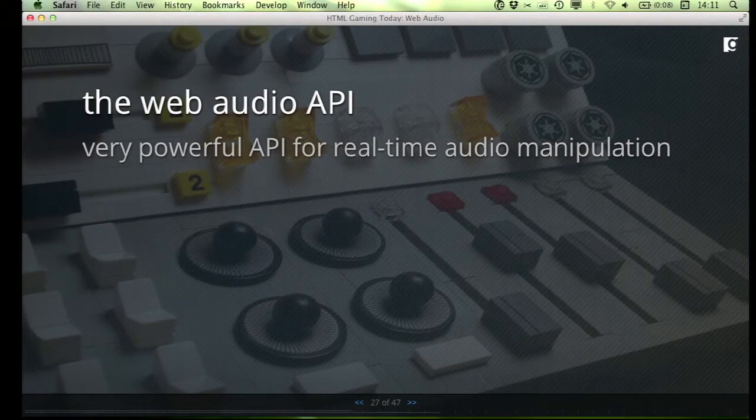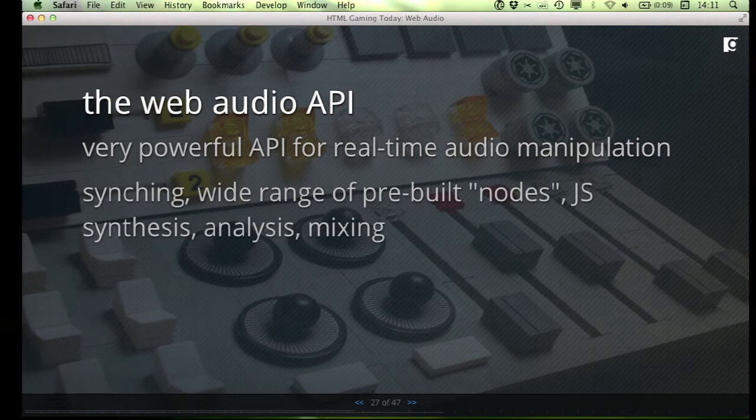But we do have a better option kind of in the wings. There's the WebAudio API. This is a very powerful API for manipulating audio. It's sort of the WebGL of the audio world. It's fully sample correct, so you can specify exactly when you want a sound to play. It has a bunch of native nodes for sound manipulation, so they run at native speed, and so you can get a ton of different effects with them that just come for free.